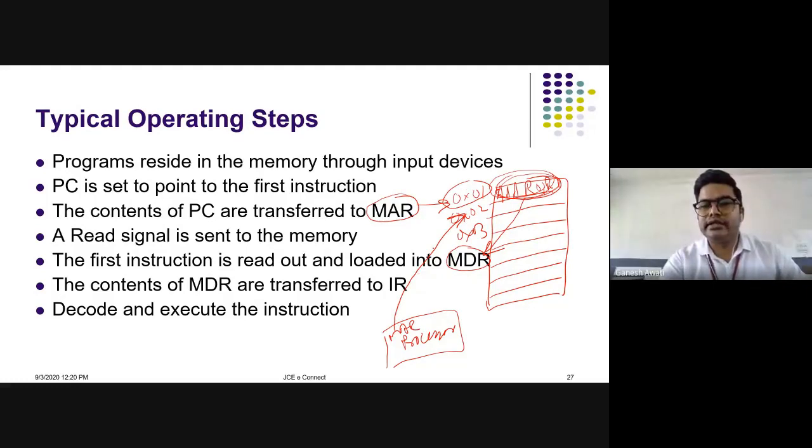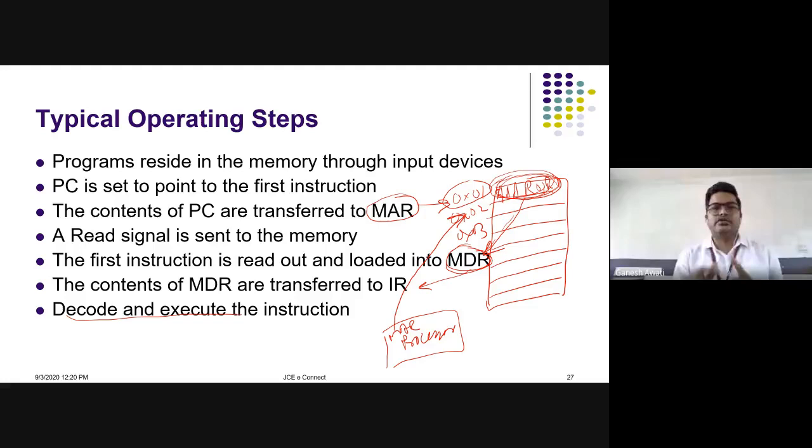So then we'll send a read signal. Then whatever is there at that memory location will be stored into what? MDR. Whatever is in the MDR will go into the instruction register, and our ALU will perform decode and execute on whatever is written. Because our processor also will not understand this add R0, R1. It has to convert it into machine language which can be understood by our processor. Okay, so there comes the opcode. So that is the next level. So this will be sent and it will decode and execute this particular instruction.